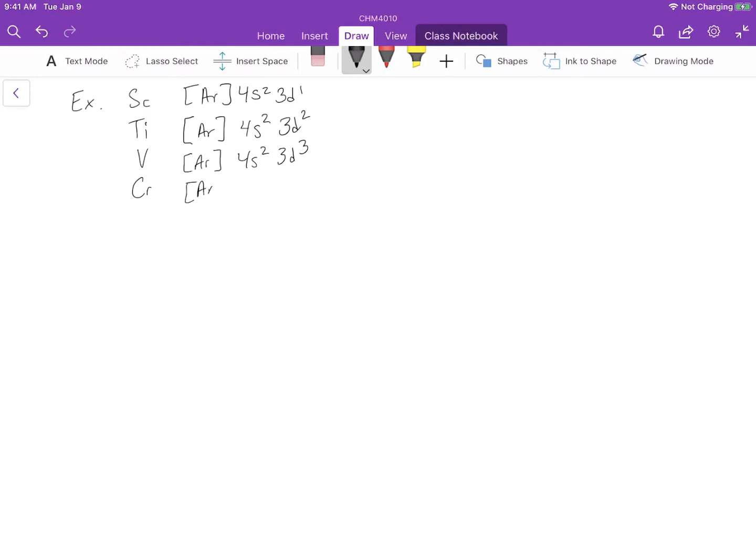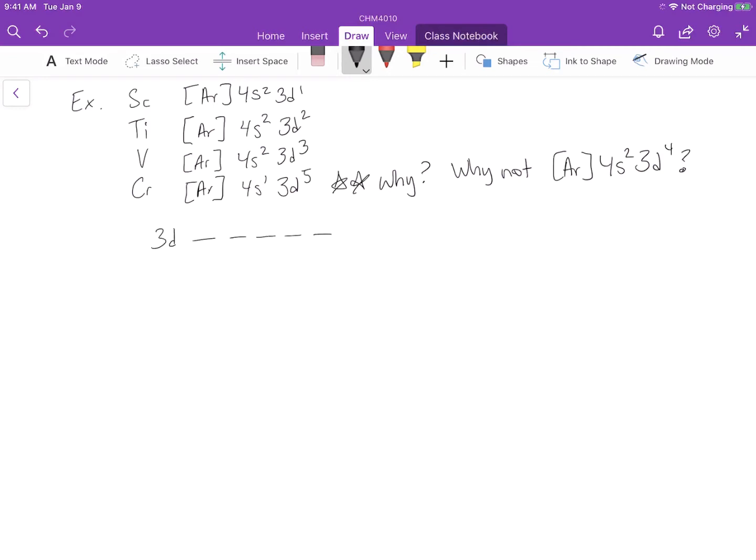Okay, so chromium is where this trend starts to fall apart. Chromium is actually best described as 4s1, 3d5. So your question is why? Why not 4s2, 3d4? So if we draw out these configurations,